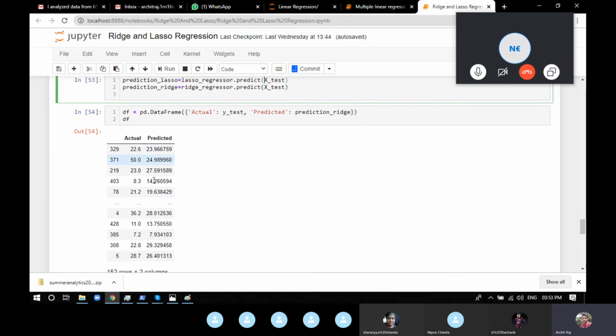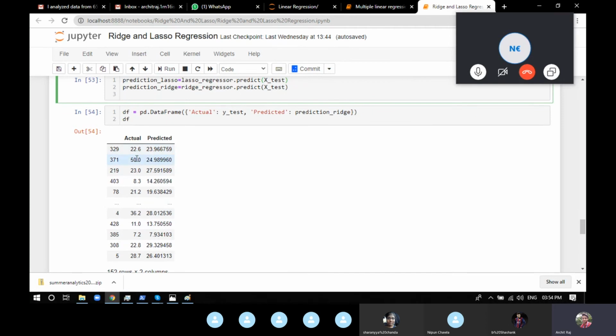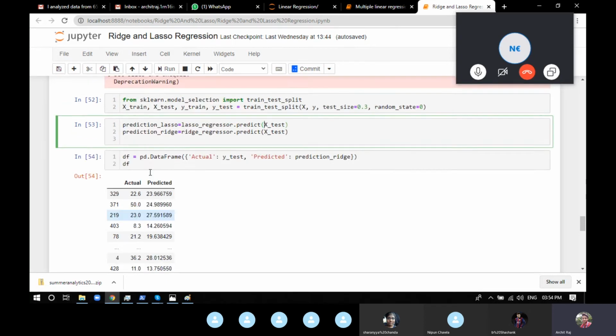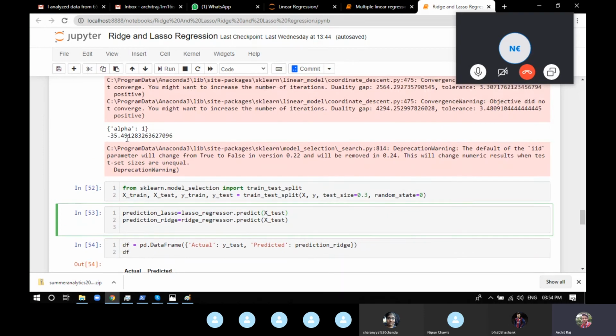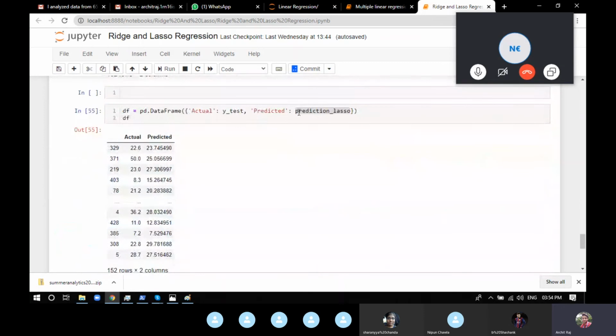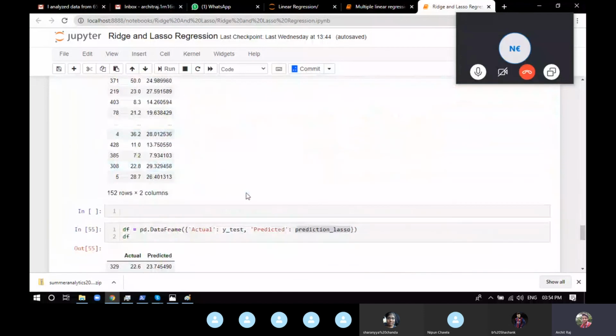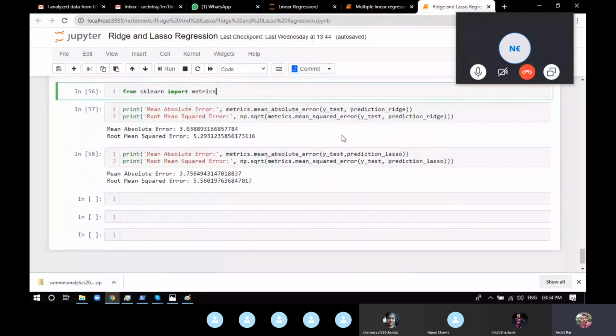The first is the lasso and the second the ridge. We just spread the data. So the first data set is the prediction of ridge. Actual is 22, predicted is 23; actual is 50, predicted is 24. You can see there's a huge difference in this particular example. Actual is 23, prediction 27, kind of fine. That's why we're getting big errors. The second column is the actual and predicted of lasso. You can see the predictions of lasso are kind of similar, because both have big errors, like minus 35, minus 29, minus 37. Now if you want to see the mean absolute error or root mean squared error, you can use the same metrics again.